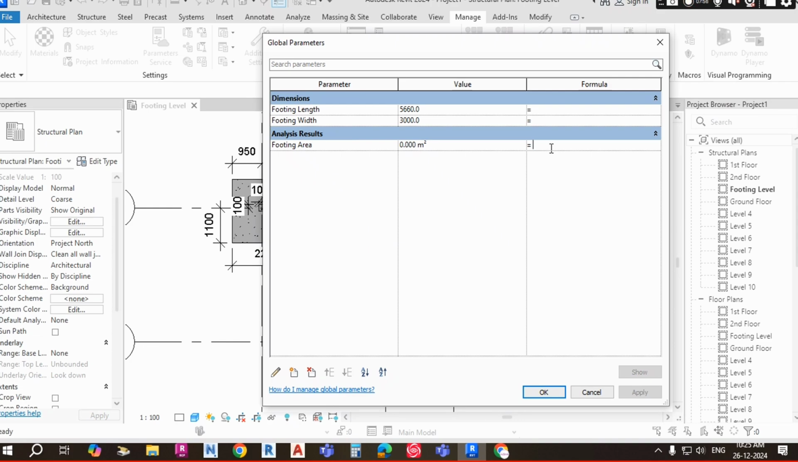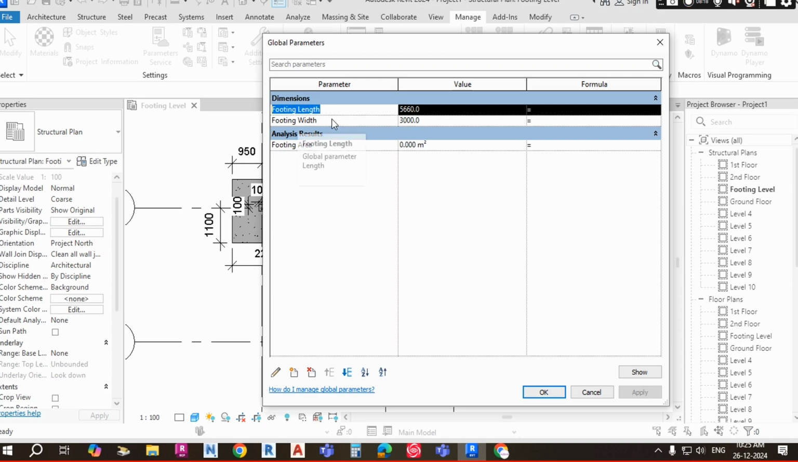In that, many of the accountant people write some formula, and as per that formula they do all the counting and calculation. Here also, the same format as the Excel file is how we will update. Here before it was coming equal to, and now you have to write the formula here. First is footing length. The name should be exactly the same, so just copy it